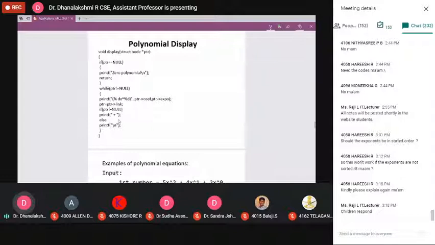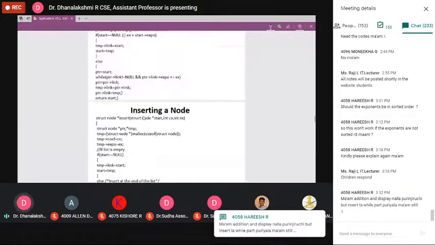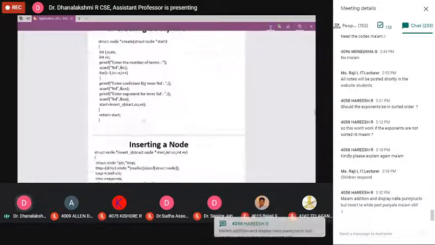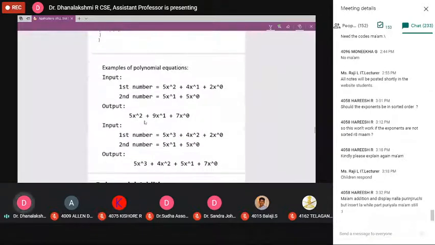As it is, that is how we display the result, so I am using this plus symbol in between each and every term. Else you come out from the while loop. This is a normal display statement. Any doubts for this display? Yes. So far we discussed how to insert and how to add. Next one.